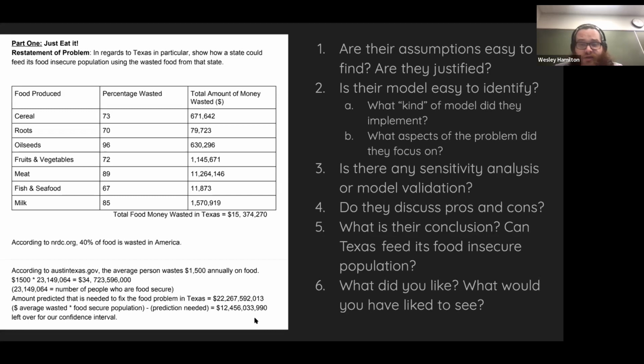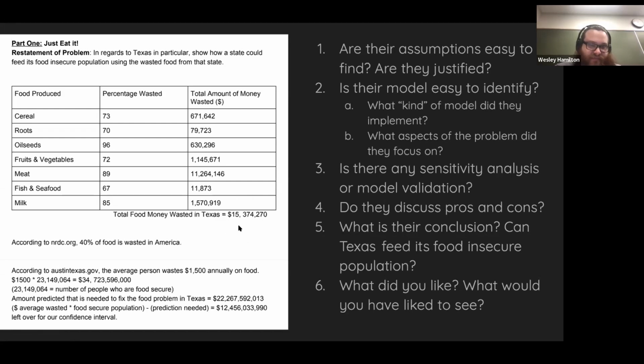Okay. And so my mind might think, okay, well, they're wasting more than is needed to fix. And so maybe they can feed their food insecure population with what's wasted. But already that's a conclusion that I'm making that I would have liked to have seen specifically stated after this. Okay. But again, it's not clear at all